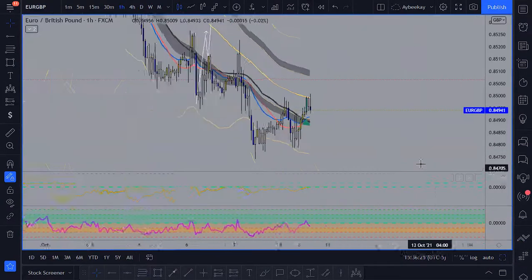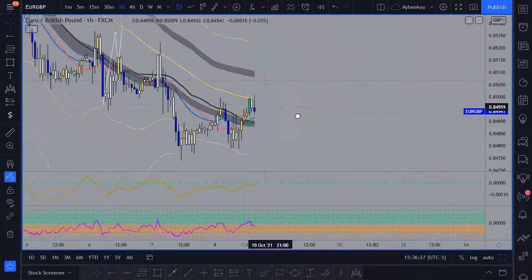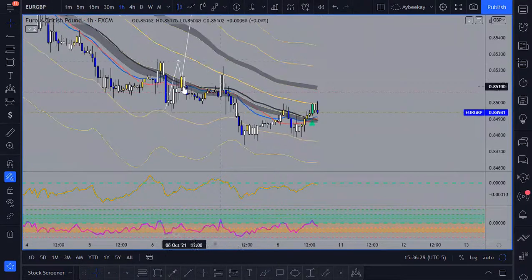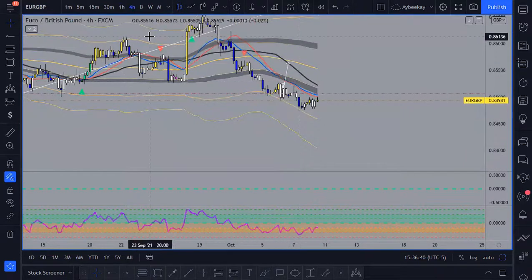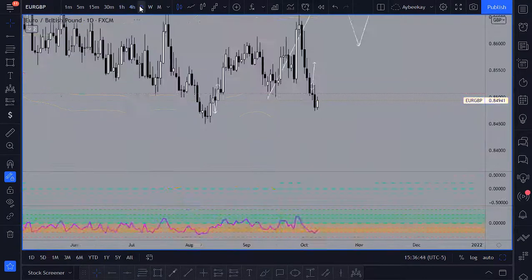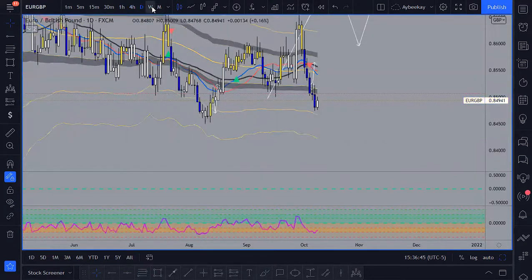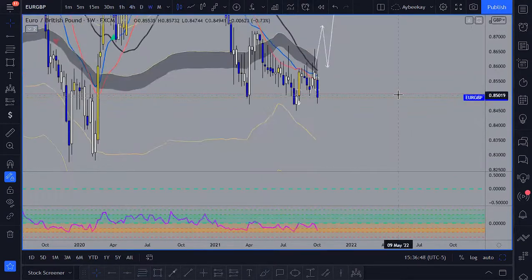1 hour time frame on EG finally called this buy. I had said that I wanted to see that happen over here. Finally got the buy opportunity, waiting for the retracement to potentially get into another entry on EG. 4 hour time frame and above are all very much bearish. So you definitely want to be careful trying to buy EG if you're with me. But we'll see what happens.